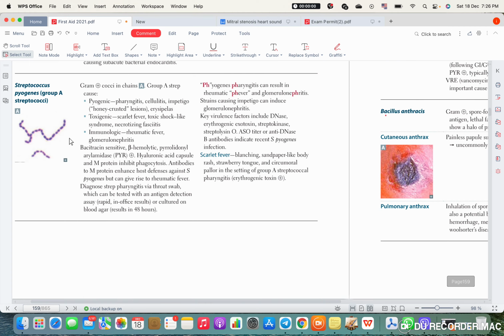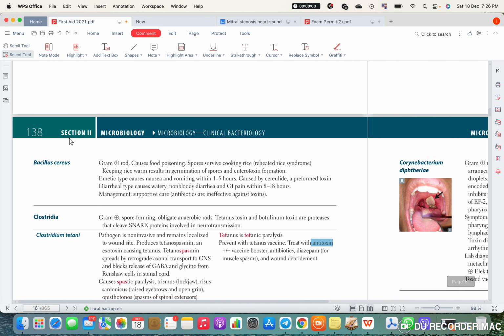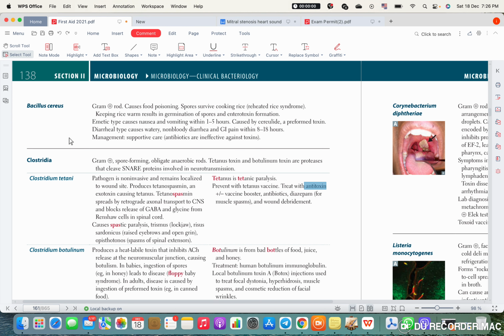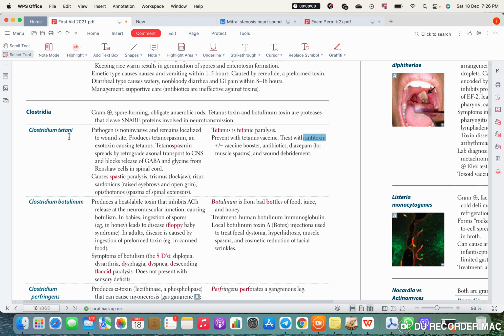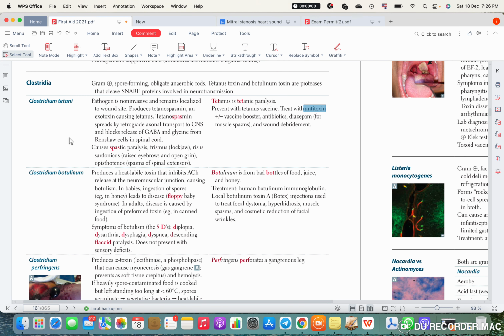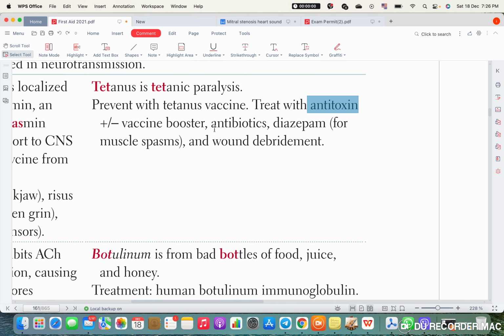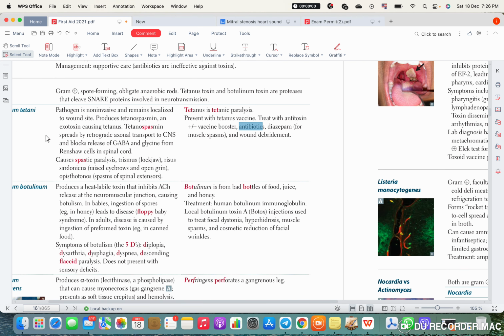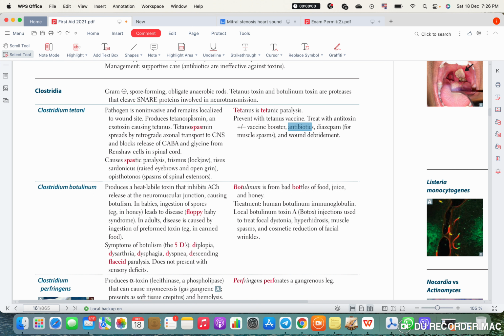What about in case of anthrax? Can you use antitoxins in case of anthrax? Will they work? They will not work. They are completely useless. He's dead. So, you need to give a vaccine booster every 10 years. Antibiotics, you do give these, but keep in mind the pathology is because of the toxin, not because of the bacteria itself.